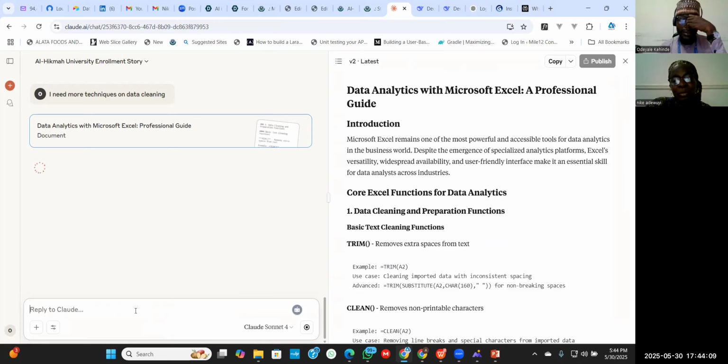So it is generating the techniques about data cleaning.